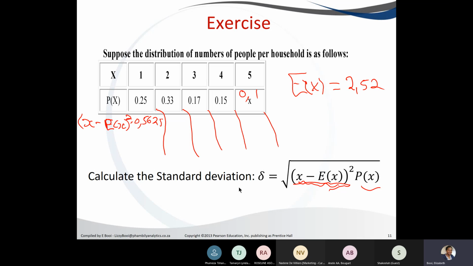I did that one wrong. Let's rewrite this again nicely, so that we have enough space. So this is x minus the expected value squared. So it will be 1 minus 2.52, which is minus 1.52. And then you take the square of that answer, which will be equal to